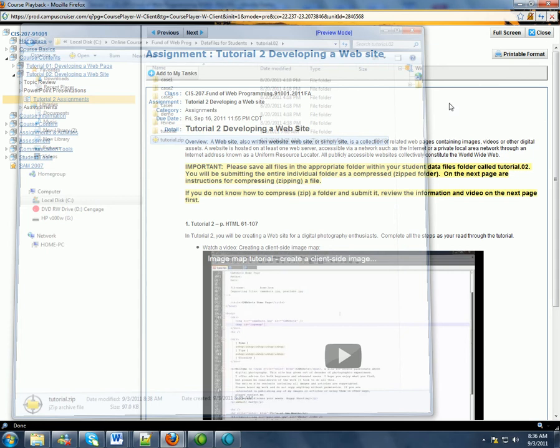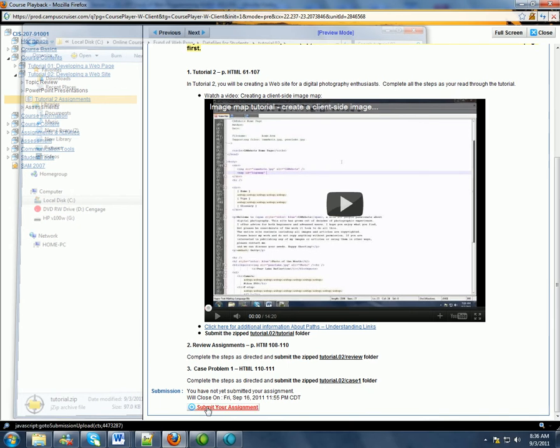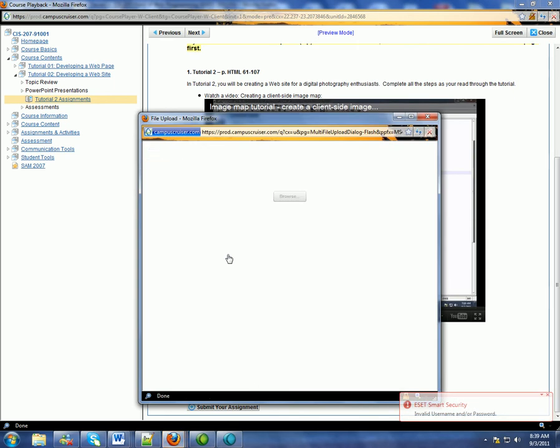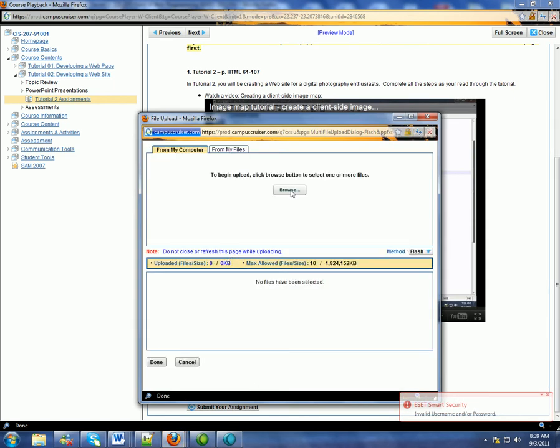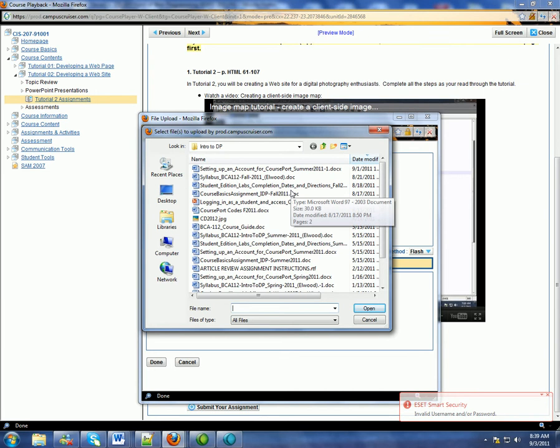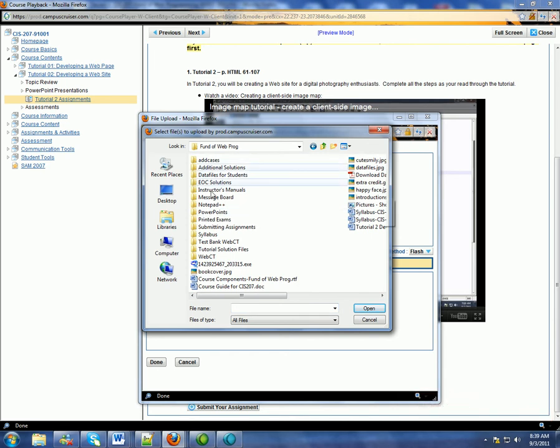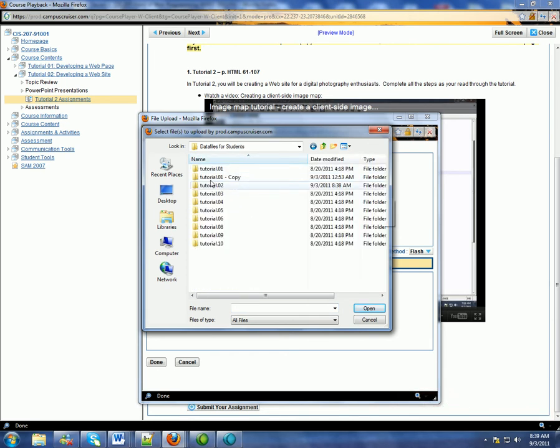Now once I'm ready to submit that, then I'm going to just simply close out of my Windows file management program, and I'm going to go ahead and submit this file. So I go down to submit the assignment, click on add edit submission, and then I'm going to browse for that zip folder. And remember, I said it was in my Fundamental Web Programming Data Files for Students Tutorial 2, and there's the tutorial zip. I click on tutorial zip and open it,